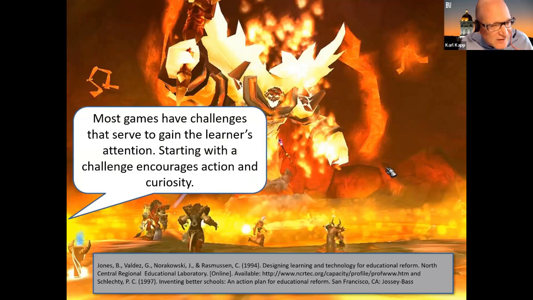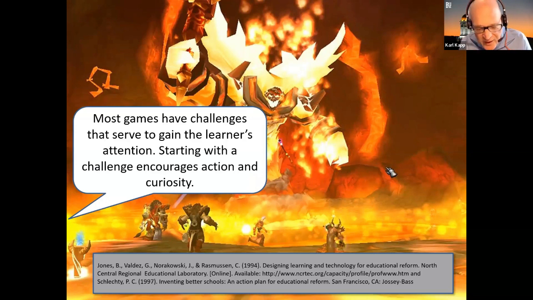Most games have challenges that gain the learner's attention. So when you think of developing gamification, a lot of times people automatically think of points, badges, and leaderboards, but really you should think about attention, relevance, satisfaction, behavior change, story, virtuous loop, reward and feedback structures, right? All of those are, I say, deeper elements than points, badges, or leaderboards. And challenge is an important element.